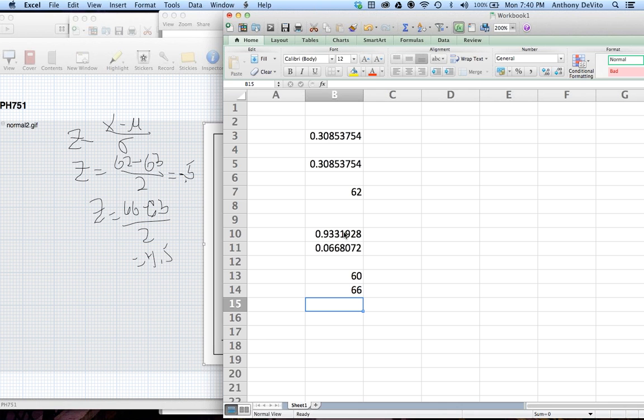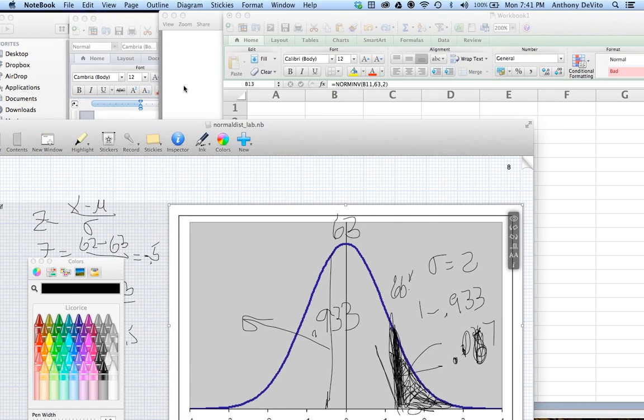If you kept the empirical formula in your head and sketched it, it's tough to make a big mistake. It's tough to make a mega mistake. It would be very easy to just put down 60 as the right answer. That would have been the wrong answer, but we know that's on the wrong side of the mean. If we sketched it, we would see immediately that we got the wrong number for the value that would give us the 7% above that value. So sketching it really helps, and keeping the empirical formula in the back of your mind really helps.